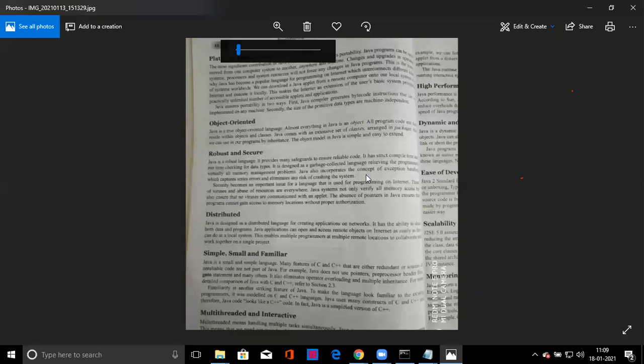Then Java is robust. Java is robust, why? Anyone can tell me, why is Java robust? So here there is one sentence: it is designed as a garbage collected language. So here garbage collection is done, which will relieve the programmer from managing the memory. Virtual memory management is done by using garbage collection.